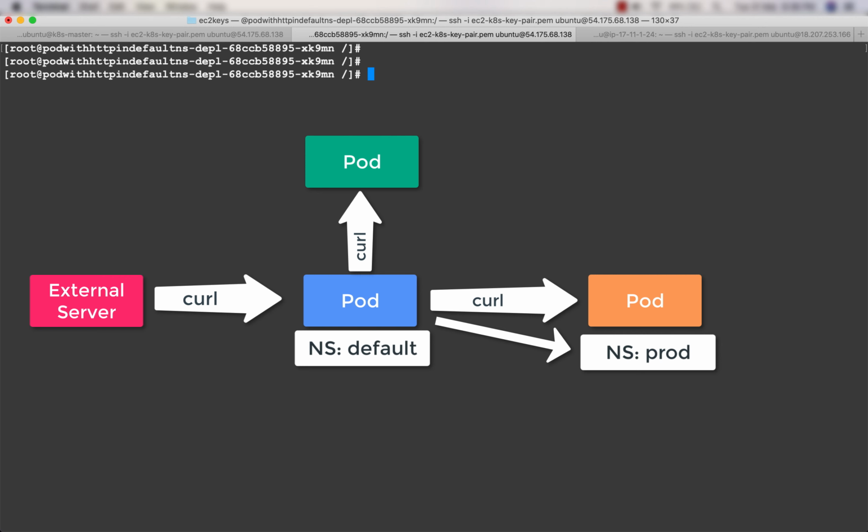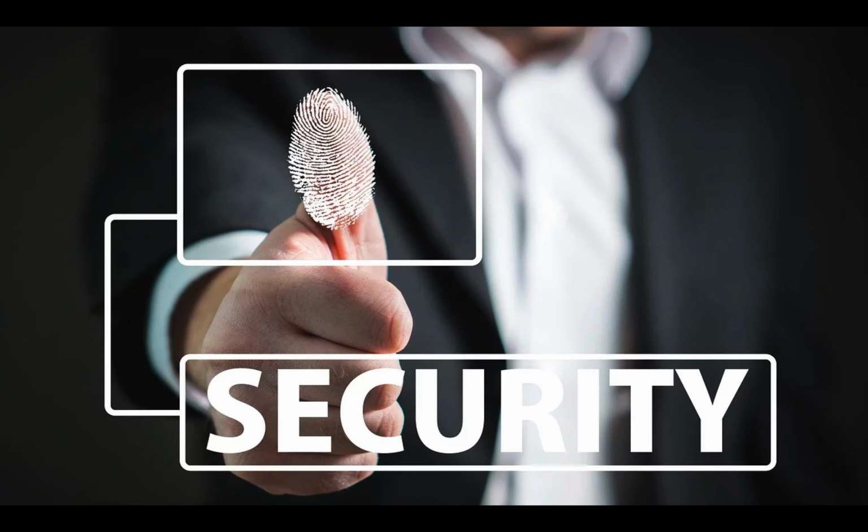I know that network policies can be a little complicated because it deals with firewall rules, but this is very important vis-a-vis security of Kubernetes and the applications which are hosted inside of Kubernetes. So that's all about security. Let's proceed with the next section.